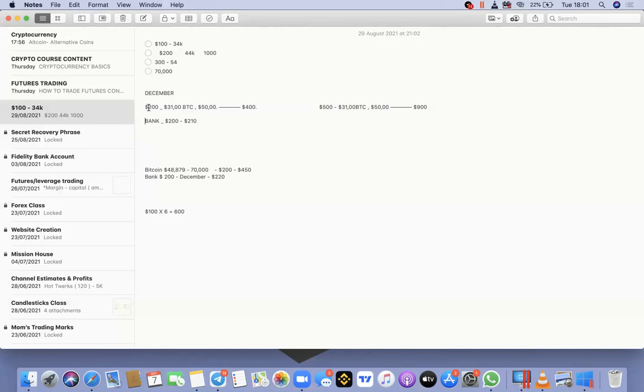Kofi's plan is to cash out in December, and Amma's plan is also to cash out during December. We have to remember that Kofi bought Bitcoin at 31,000 this month, which is September, and it went to 50,000 during December. One thing that we have to note is that whenever there is an increase in price, there is an increase in your assets or your capital. So when the price of Bitcoin jumped from 31,000 as at the time Kofi bought and went up to $50,000, Kofi's